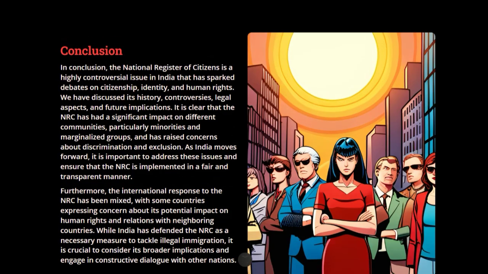Now, in conclusion, the National Register of Citizens is a highly controversial issue in India, but it has sparked debates on citizenship, identity, and even human rights. We have discussed its history, controversies, legal aspects, and even future implications. It is clear that NRC has a very significant impact on different communities, particularly minorities and marginalized groups, that has raised concerns about discrimination and exclusion. As India moves forward, it is important to address these issues and ensure that NRC is implemented in a fair